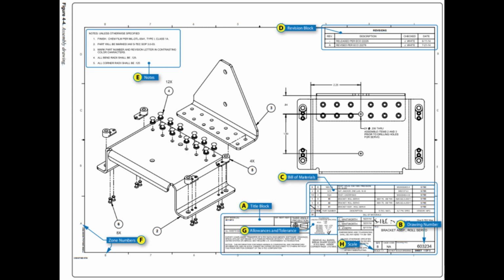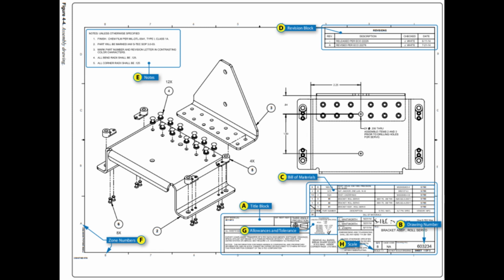Notes are used only when the information cannot be conveyed in the conventional manner or when it is desirable to avoid crowding the drawing. Figure 4-4E illustrates one method of depicting notes. When the note refers to a specific part, a light line with an arrowhead leads from the note to the part. If it applies to more than one part, the note is worded to eliminate ambiguity as to the parts it pertains to. If there are several notes, they are generally grouped together and numbered consecutively.